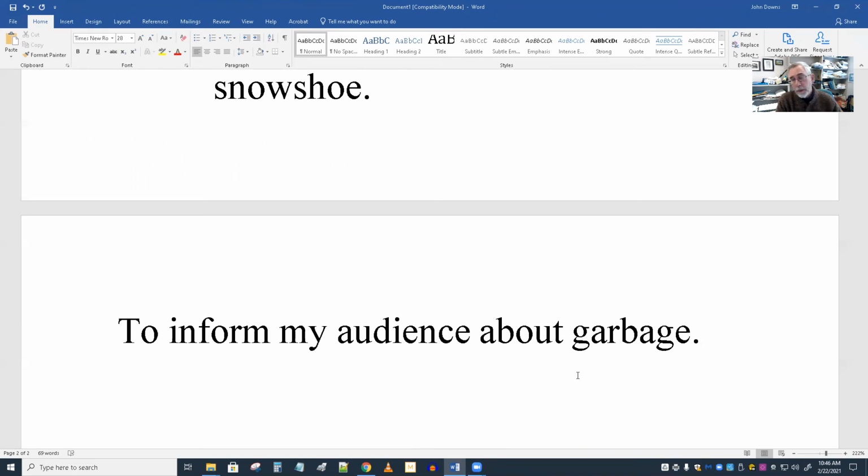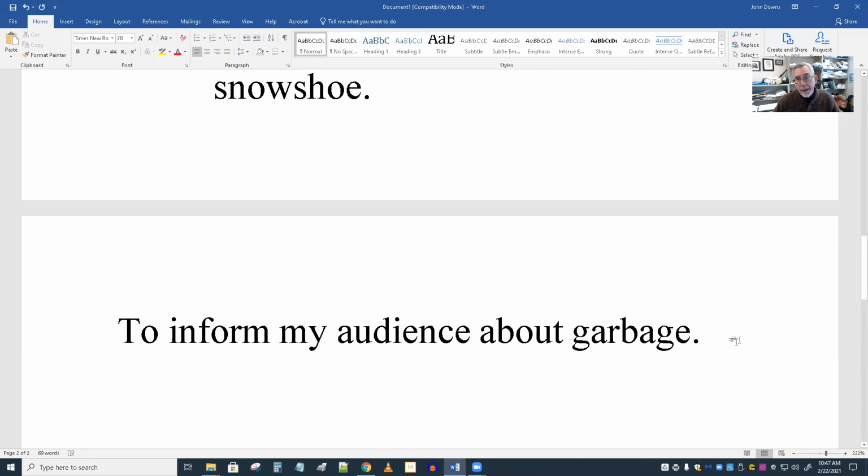So be careful. If I'm focusing on a problem, then I'm probably talking about a solution. If I look at garbage as a problem, then I'm looking for a solution, and I'm going to persuade people to do the solution. Now, I can still talk about a problem in a way, as long as I'm not presenting a solution you should do, but here are some options, kind of, right? So for instance, I could say something